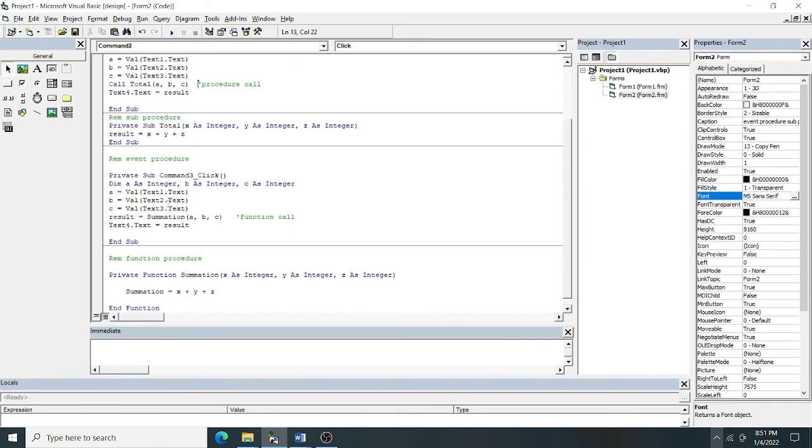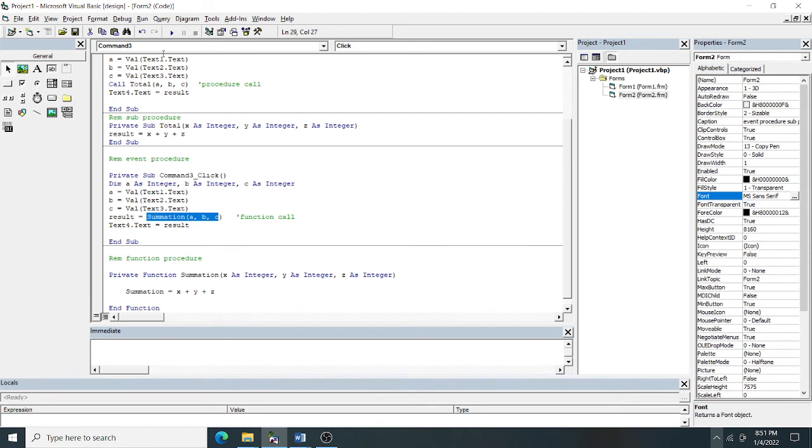Okay, here it is calling, some function is calling and it is returning a single value. So 10 plus 20 plus 30 is given here, so what will it return after calculating? Here x contains 10, y contains 20 and z contains 30. So 10 plus 20 plus 30, how much is that? 60 has to be returned by this function to this function call, and 60 has to be stored in result.